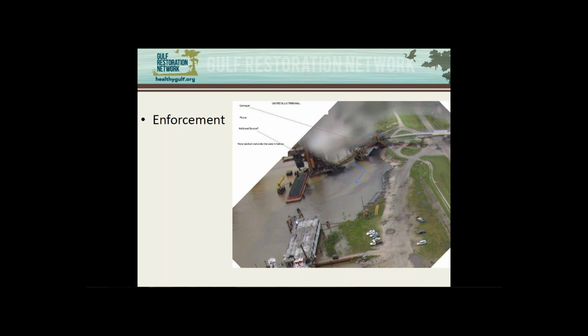Clearly something is wrong. They're in violation of the narrative standards of the Clean Water Act that says no floating material on the river, and there's tons of black plumes. So we captured the violation with the airplane, but the kite is what gave us that picture of enough detail that there's a pile forming underneath the conveyor that really got the agency's attention and spurred the company to do something after we filed in court,